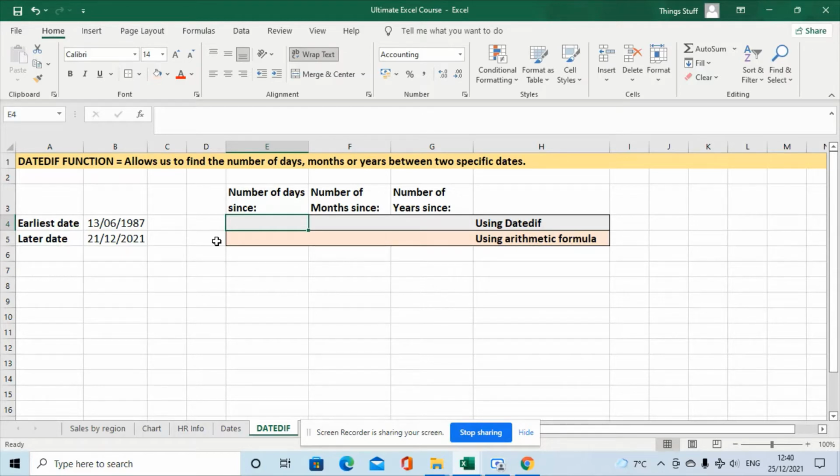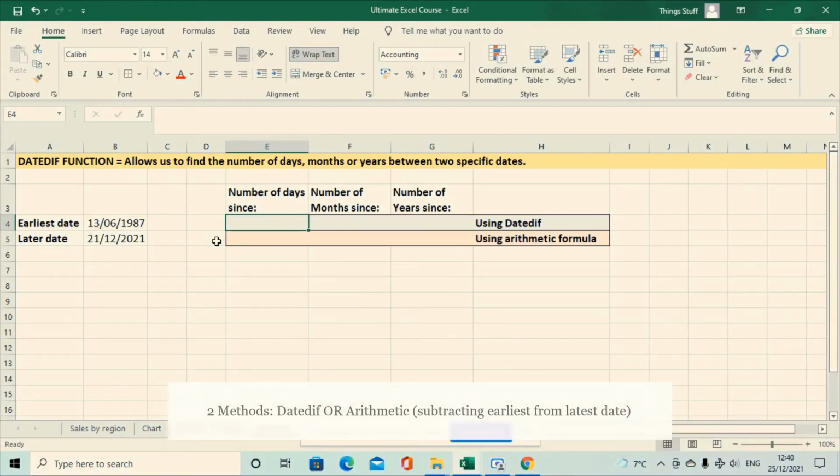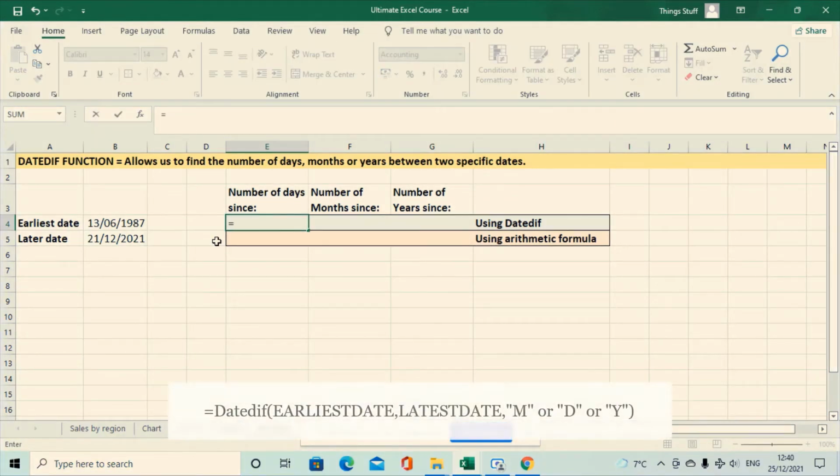We can use the DATEDIF function, which tells us the exact number of days, full number of months, and full number of years since the earliest date to the latest date. Or we can use the arithmetic method, which is a much longer process and it involves subtracting the smaller from the bigger date. So without further ado, using the DATEDIF method, equals DATEDIF, open parentheses, earliest date, comma,